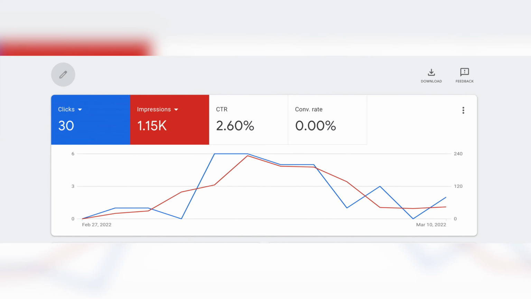So the key data that you need to look for, so that you know whether your Google Ads campaign is going to be successful in the first 7 days, is that you want to make sure that you're not seeing a large drop off in the number of impressions and clicks from the second 7 days compared to what you saw in the first 7 days. So when you go into your Google Ads dashboard, if you see a massive drop off in those clicks and impressions like we're seeing right here, this is a clear indication that your Google Ads campaign has not had a successful initial learning phase.